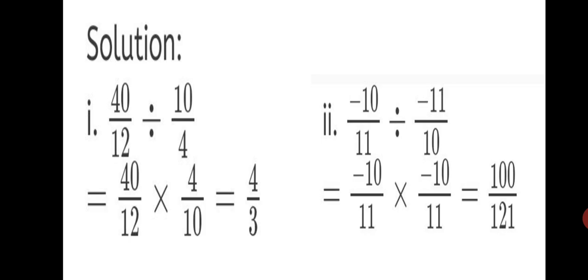Okay. Now we cannot reduce 10 by 11 here anywhere. So we multiply. Minus into minus sign becomes plus. 10 tens are 100, 11 elevens are 121. 100 upon 121 is your final answer. So the rule you have learned for signs in integers applies here also. Minus into minus is plus. Alright.